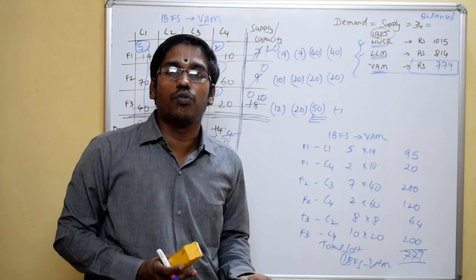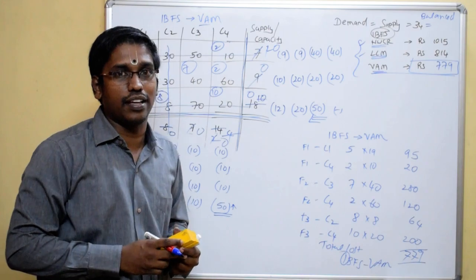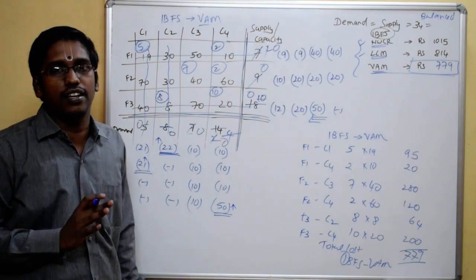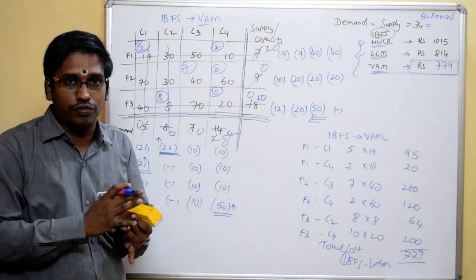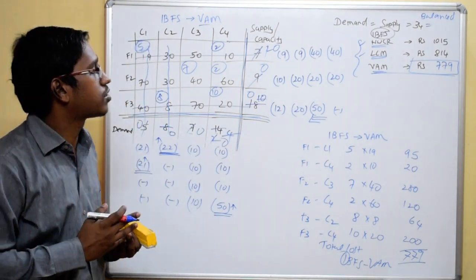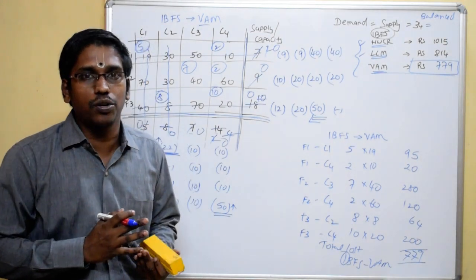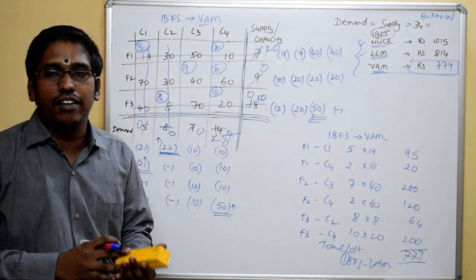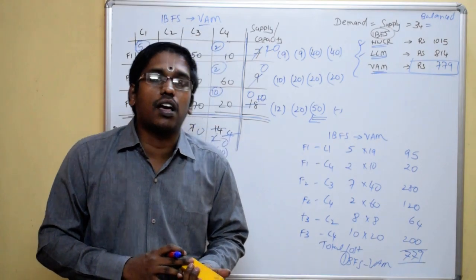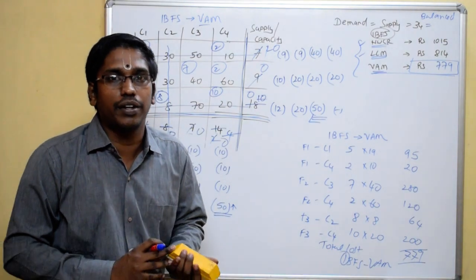In that case, we will have to work for modified distribution method, which we will be using to find the optimal solution. Anyways, in this video or till this particular step, the learning for us is what is least cost method, what is Northwest Corner rule, and what is Vogel's approximation method. A problem in transportation does not stop with feasibility, it stops at optimality. So, in the next video, we learn how to test a given initial basic feasible solution for optimality. If a solution is optimal, how to conclude it, and if a solution is not optimal, how to proceed. This is what we will be learning in the subsequent video.